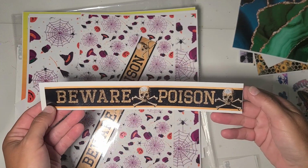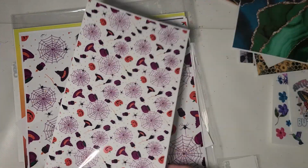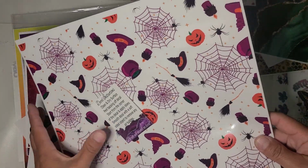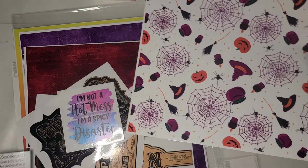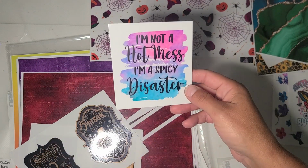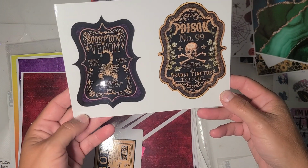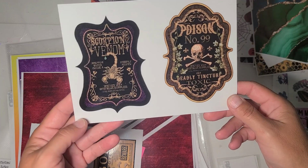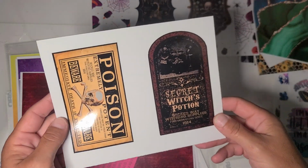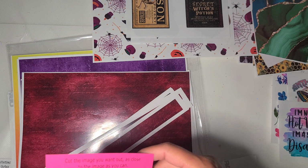So she has these cute little Beware Poison wraps. A piece of vinyl with a cute print. I love that. Little instructions for using the stuff. So this was a freebie. I'm not a hot mess, I'm a spicy disaster. So true for me. Poison number 99 and scorpion venom decals. More decals, which is potion, poison. Definitely some great stuff